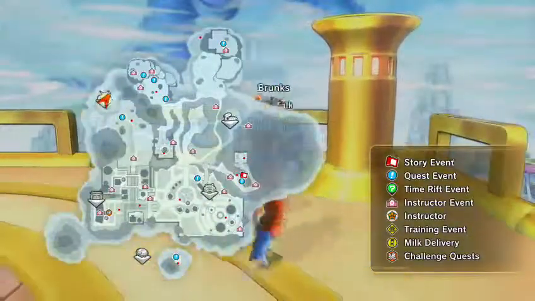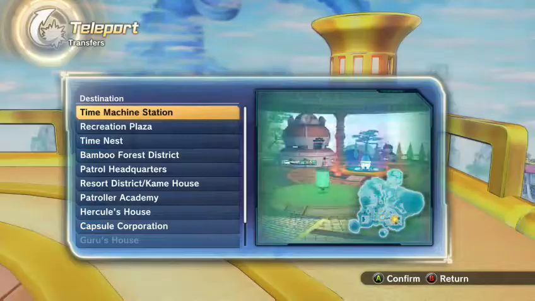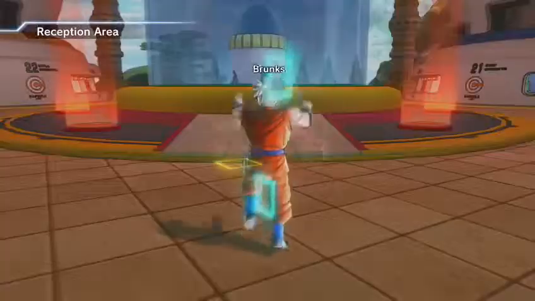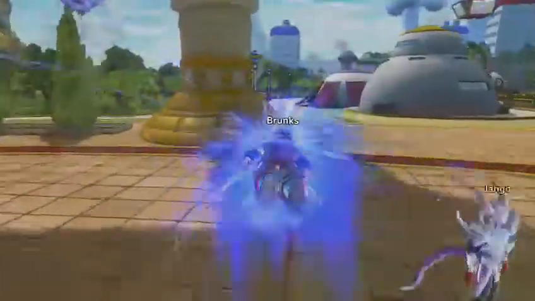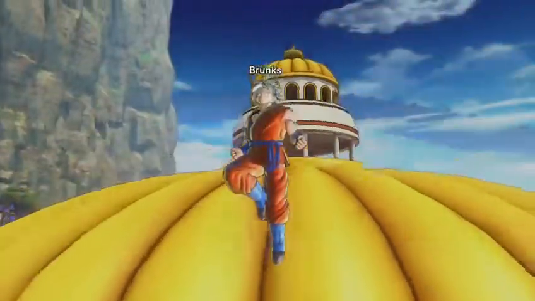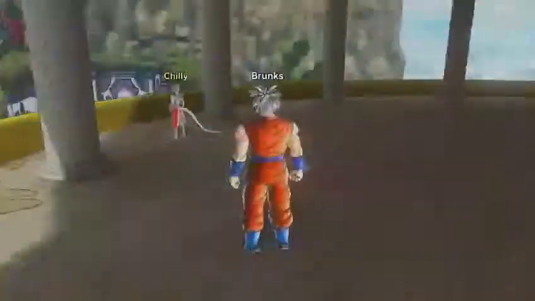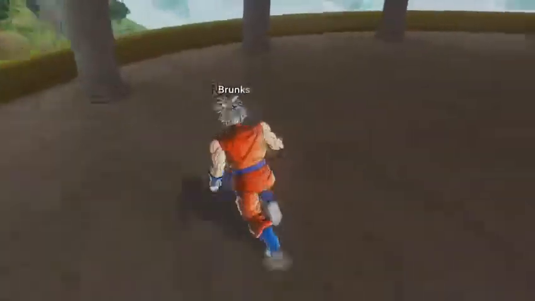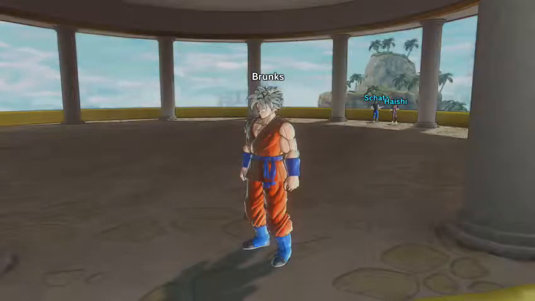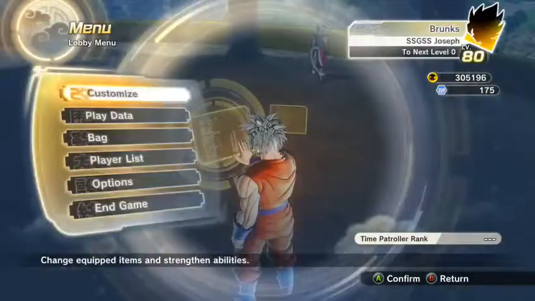Alright, so now for the last thing. I'm gonna come over here. Time machine station. Alright, so now this is where you can get the Z Soul or Super Soul. Go up here. I really like this thing. Go up here, not right here, but right around here. Sitting right here with a little orange question mark above their head. Talk to them, and it'll give you